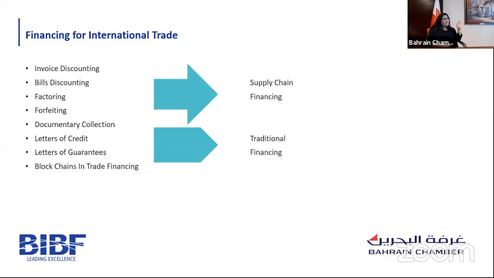So there are so many financing facilities available whenever you are going for international trade. Basically, the financing available for both exporters and importers is classified as traditional financing and supply chain financing. The traditional financing options are letters of credit, letters of guarantee, etc. But the new method is structured trade financing. So banks all over the world are providing a lot of facilities nowadays in order to make international trade